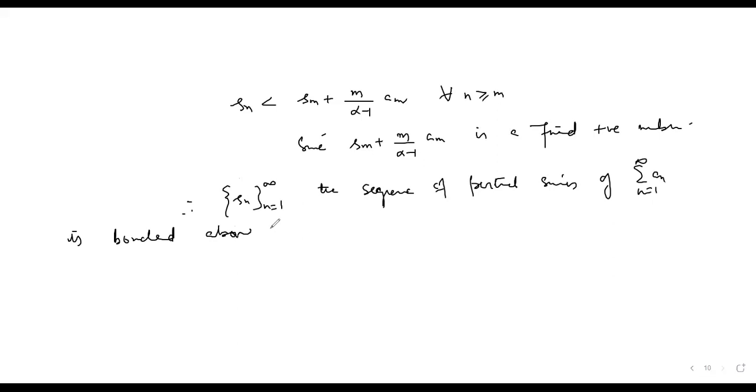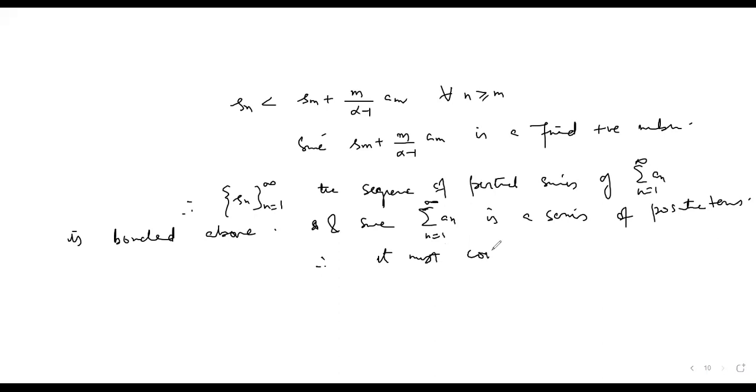और अगर ये bounded above है, now since साथ में ये भी लिख सकता हूँ, since summation an is a series of positive terms, therefore it must converge. So अगर L bigger than 1 है तो Raab's test shows that जो ना हमारा लिमिट था, it will converge. Now the case if L is less than 1,